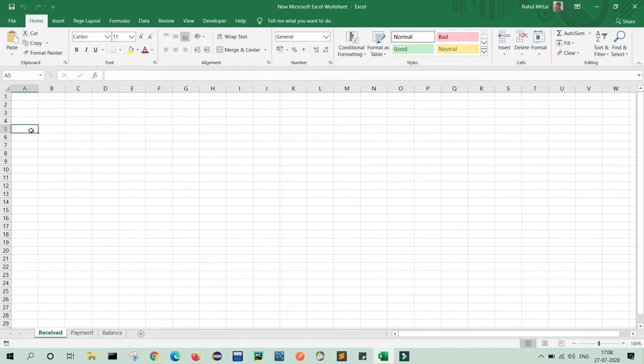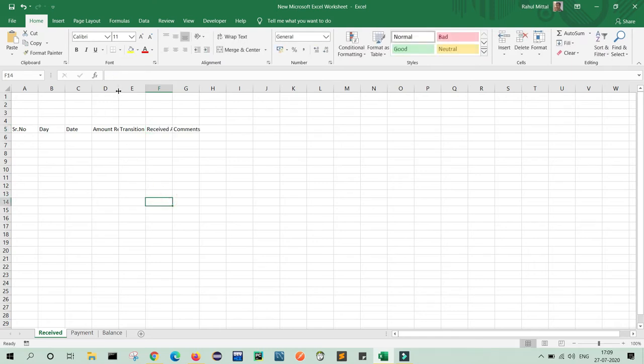Here I am writing serial number. Here I will provide day, then date. Here I can write amount received, since this is a receiving sheet. Here we will write transaction type. Here the received amount.